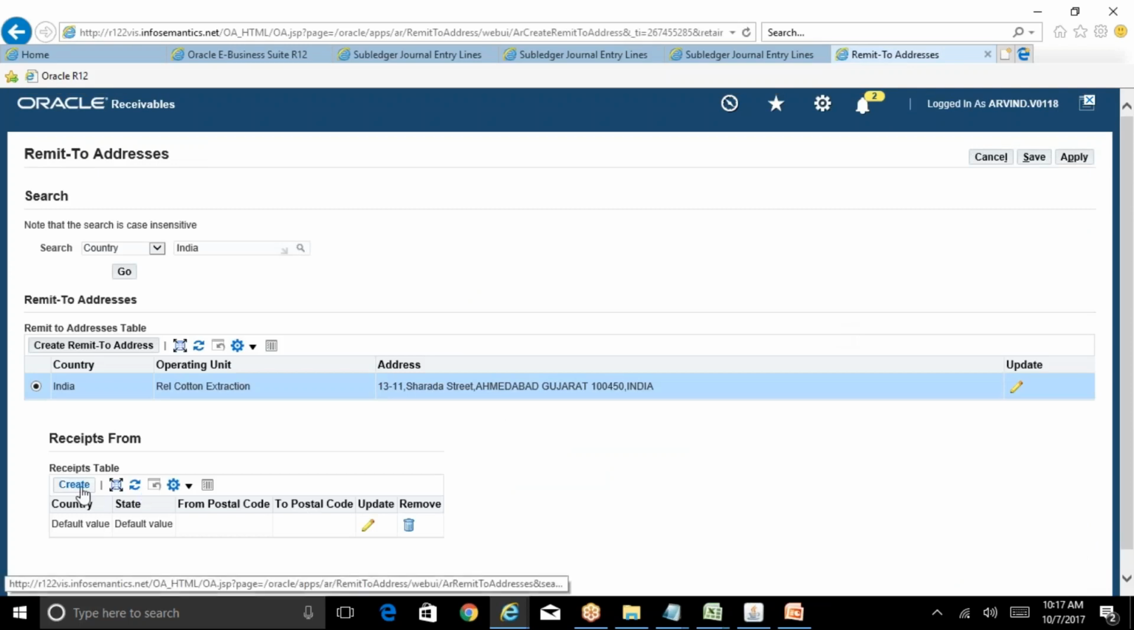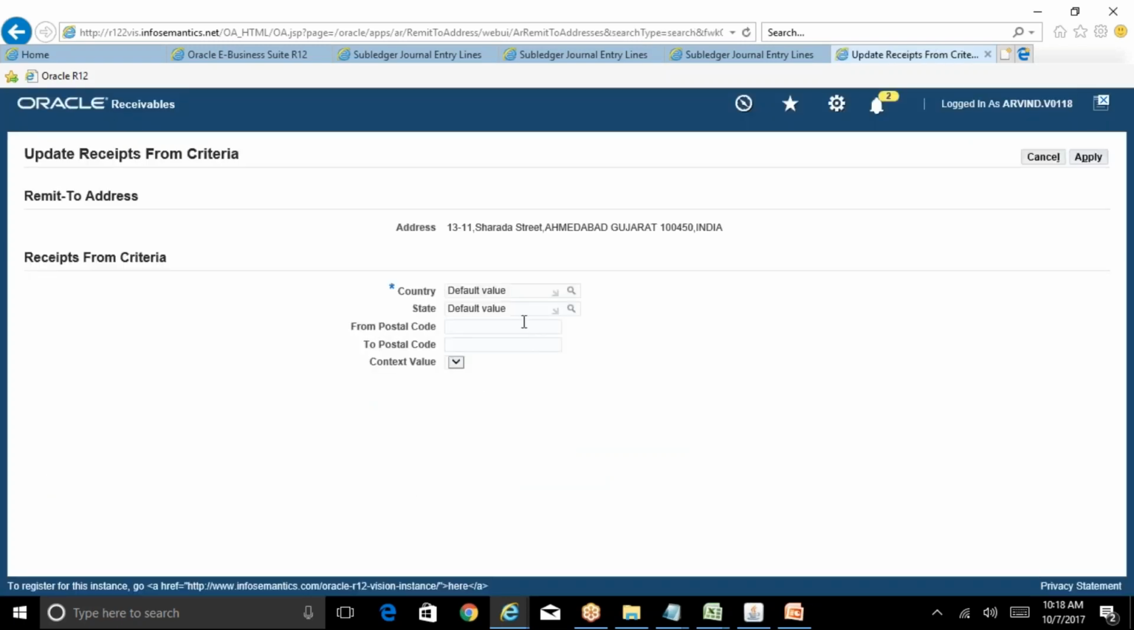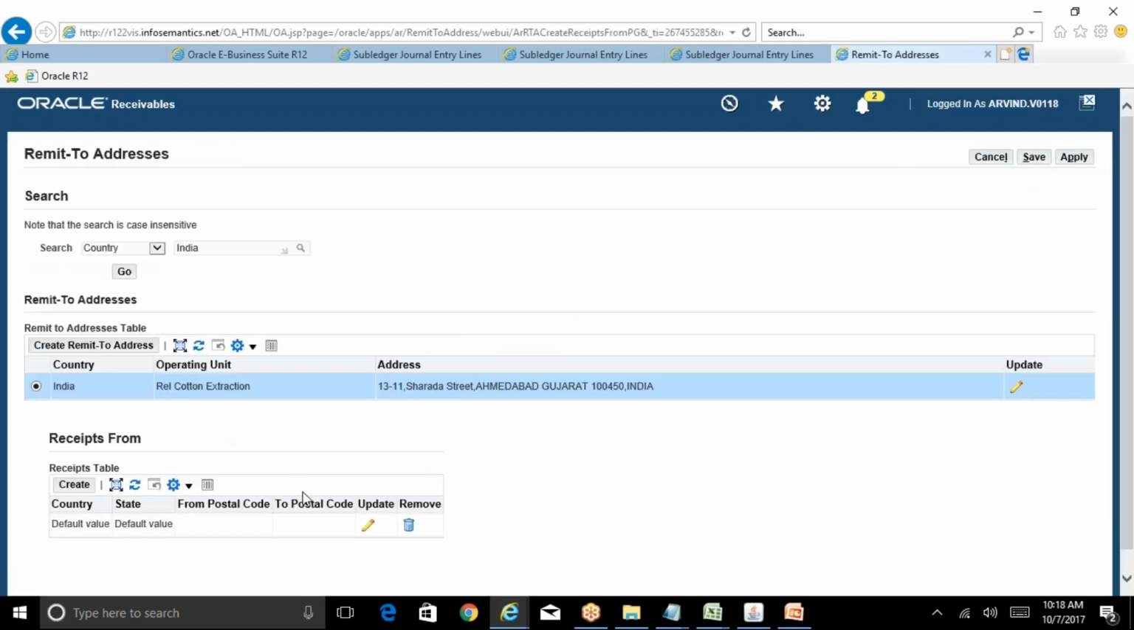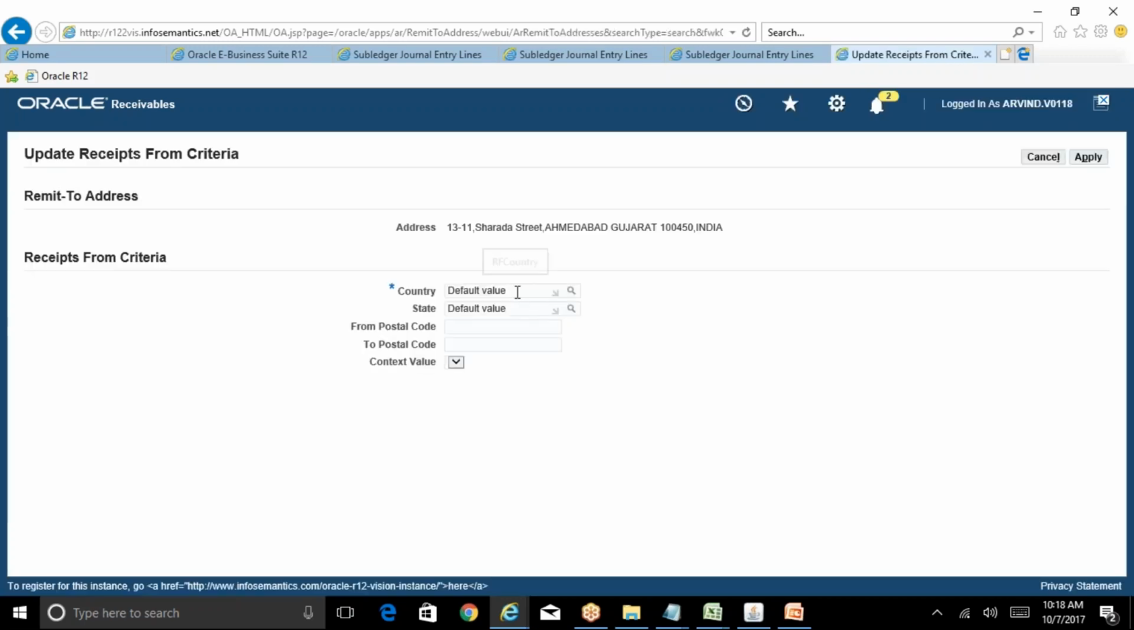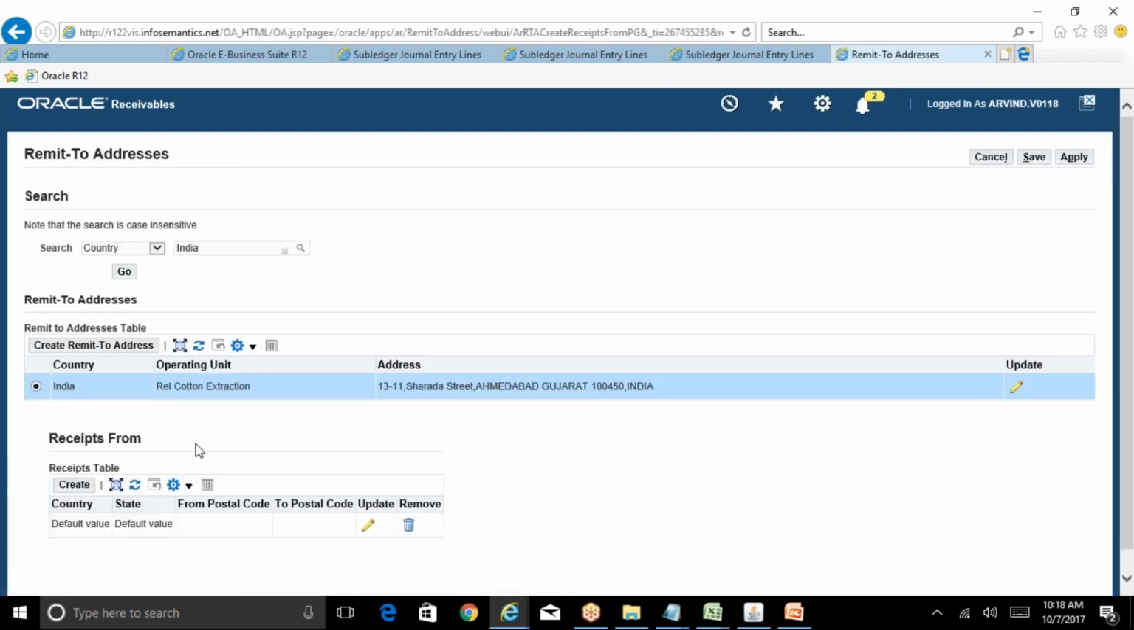And there is something called receipt from. This is the top part and this is the lower part. You can use a different remit to address for different countries. So you can click on update and you can specify that I want to use this remit to address if the customer bill to address is from so and so country. The customer bill to address is India and state is so and so. I want to use this particular address. But if there is a different customer bill to address, say US, then I want to use a different remit